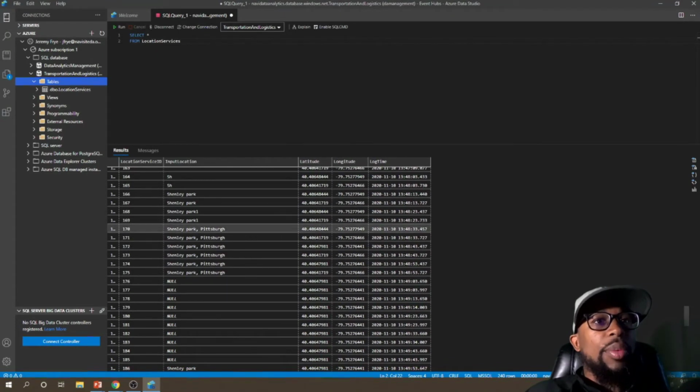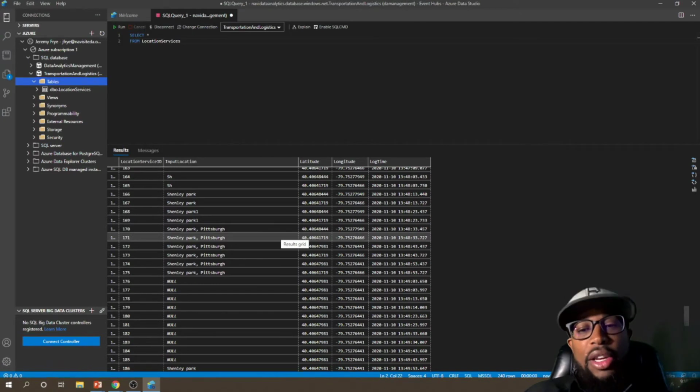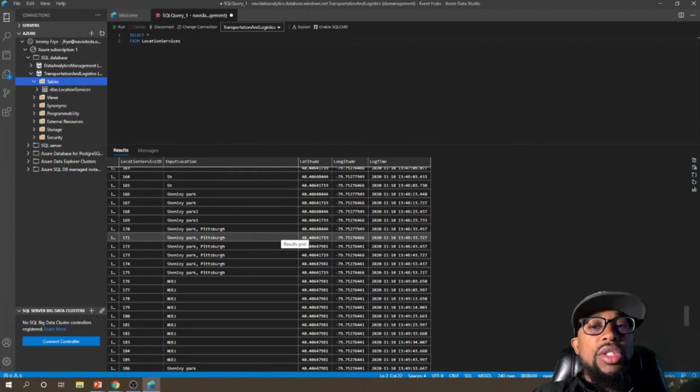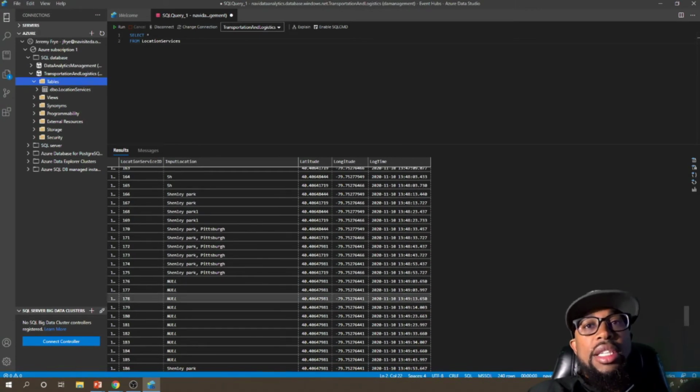So you can see here that we typed in Shinley Park, and that's where we were trying to find a location that was a little closer to where we could actually trigger our Power Automate to send the text message to the recipient to say we were within 30 minutes of making that delivery. So you can see how easy that was to integrate the connection to the backend database, and this is extremely